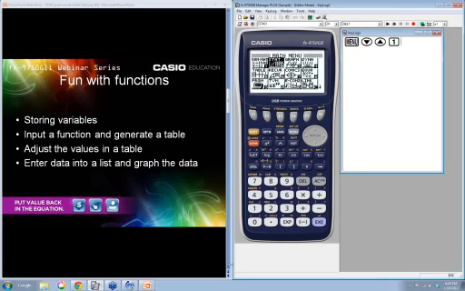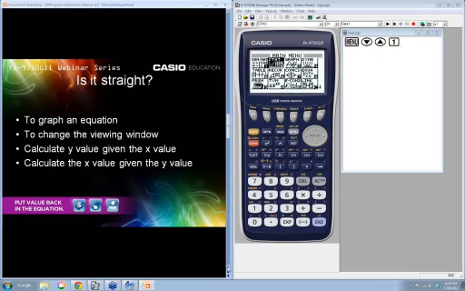Let me go back to our menu here. Let's jump down to another screen right here. All right, graphing equations, changing the viewing window, etc. One of the things I spend an incredible amount of time on with my students is graphing equations. We graph equations given points.